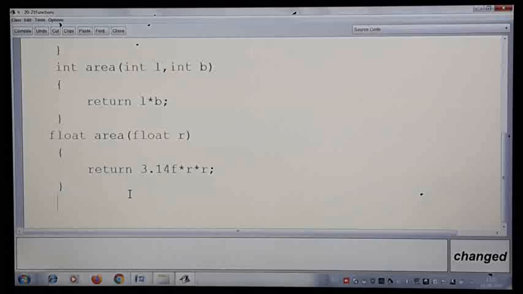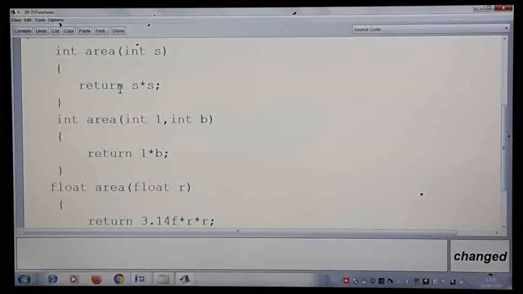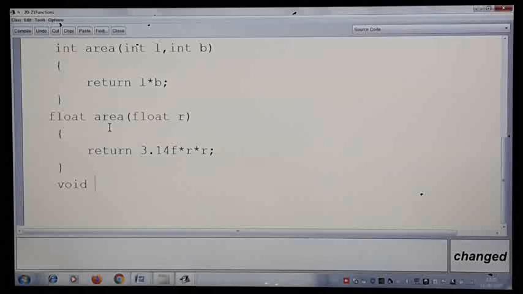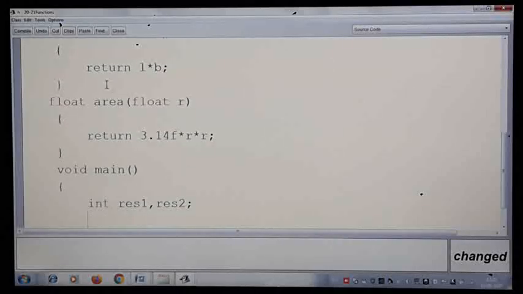Now we should have a main or a caller method to call these, because each method is going to return a value; we collect the answer and print the result. So let me write the main method. Let me directly pass the actual values here. I am going to get two integer results, result1 and result2. The third one is of type float, so I'll take result3 of type float.